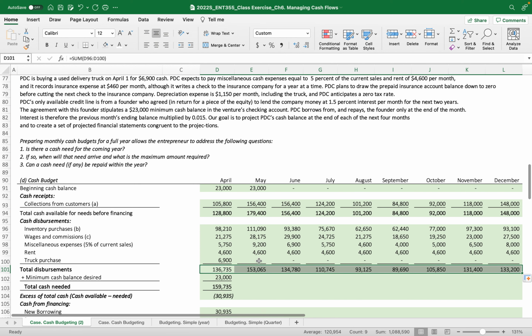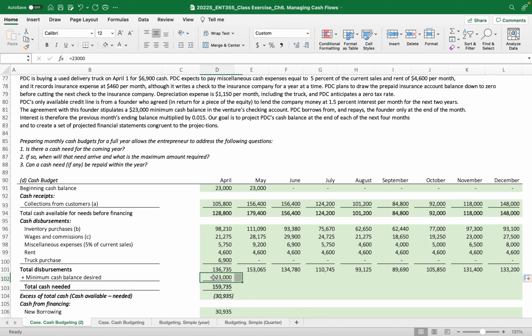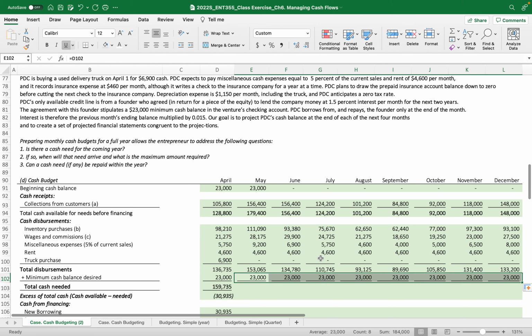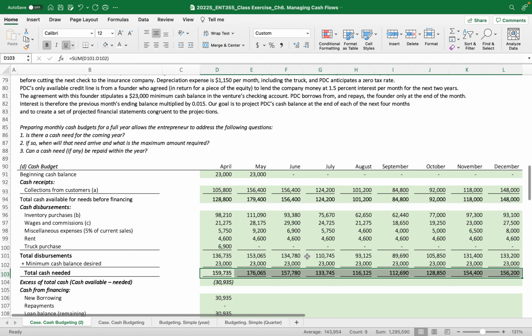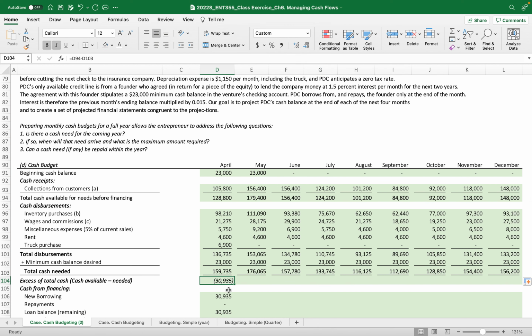And then the minimum cash balance desired is just fixed, right? Fixed, which is given. And then total cash needed is the sum of these two. Okay. And then excess total cash. Now we have